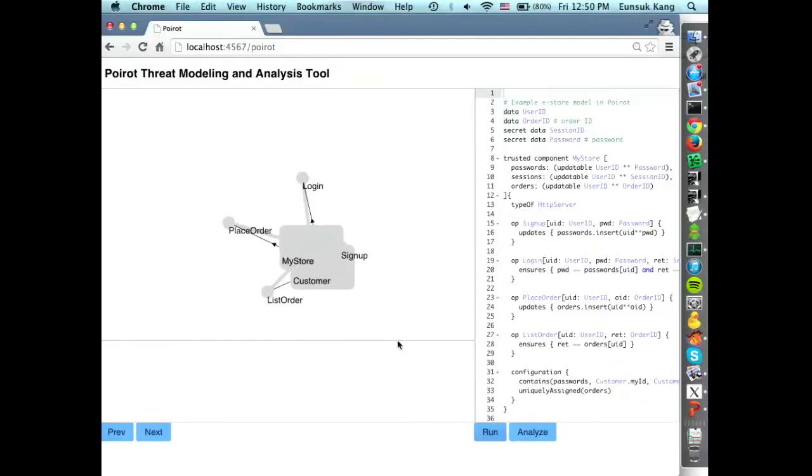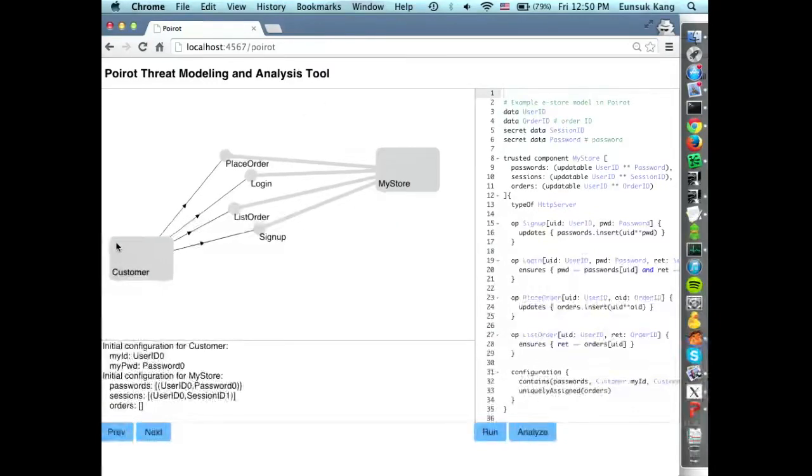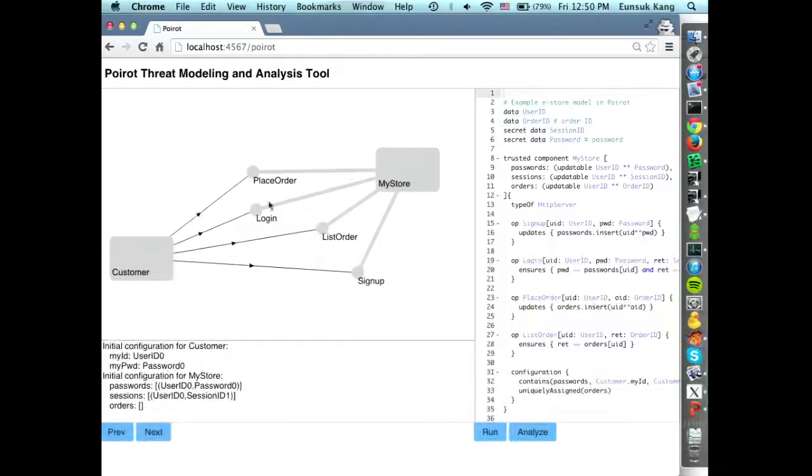So when I ask Portal to generate a scenario, it's going to try to find a random scenario that is possible in the system, and it's going to display it in a graphical representation. So in this case,